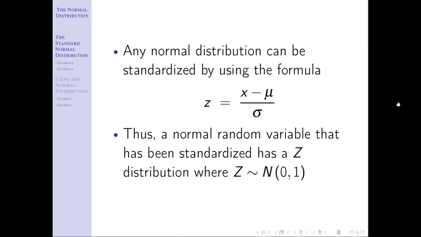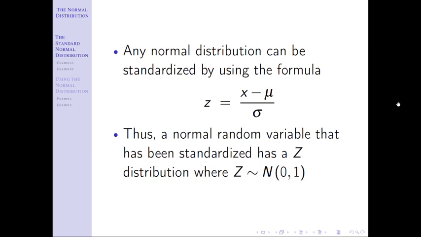Make sure you understand normal is the shape. When we add the adjective standard, that tells me more information. That's like saying you are a student at this university. That is some information, but there are lots of people who are students at this university. But if I add enough adjectives, like say your student ID number, that makes you unique, and there is only one of you that has this student ID number at this university. That's what that adjective standard is doing. Okay, when we add the adjective standard to normal, we're saying it's a unique normal distribution.